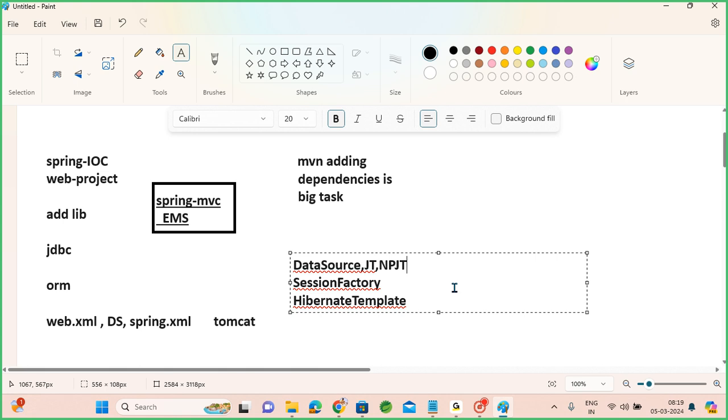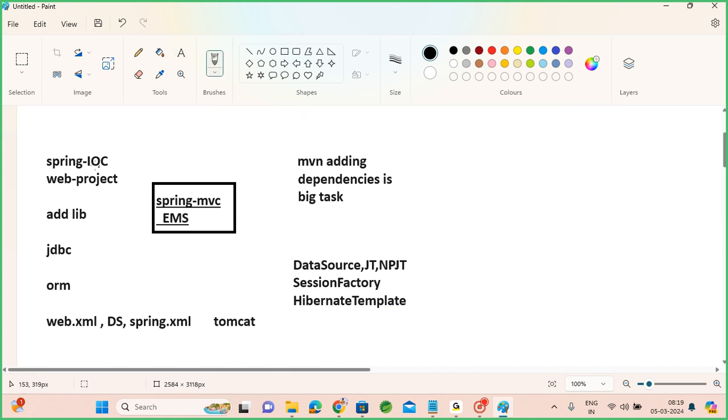and everything is sensitive. If I miss a small data source configuration, even if everything else is done properly, the application will not work. Everything done well, web.xml configuration missed, application will not work. Everything done, view resolver not properly configured, application will not work. Tomcat is not compatible, application will not work. So all these areas are sensitive while you are developing a Spring based application,